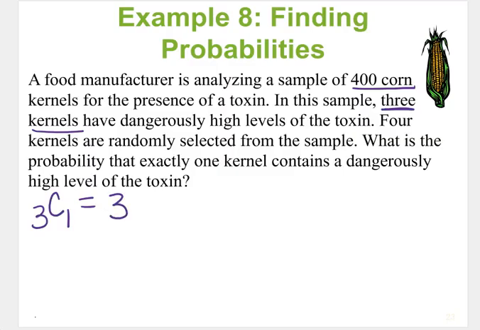That's the number of ways that I can choose that 1 toxic kernel out of the 3 that are toxic. Then I have to look at the possible number of ways that I can choose 3 non-toxic kernels, because I'm choosing 4. I want 1 to be toxic, and I want the other 3 to not be toxic. So I next need to look at the combinations that I could choose those 3 kernels from the corn that is not toxic, which I know would be 397 kernels are not toxic, if 3 of them are toxic. And that is